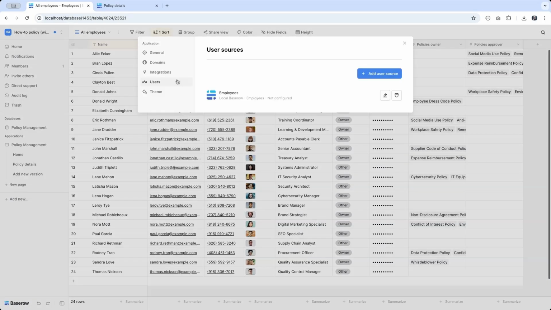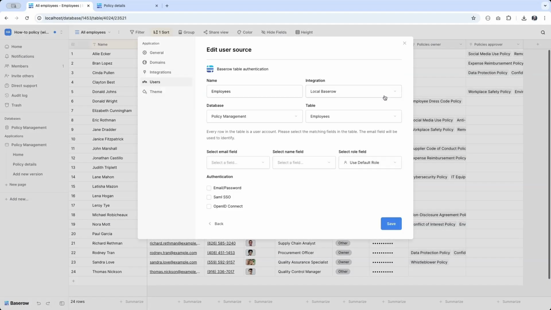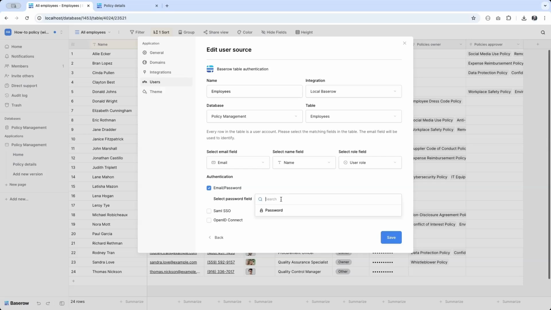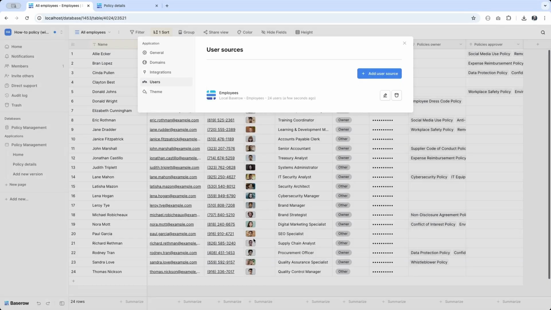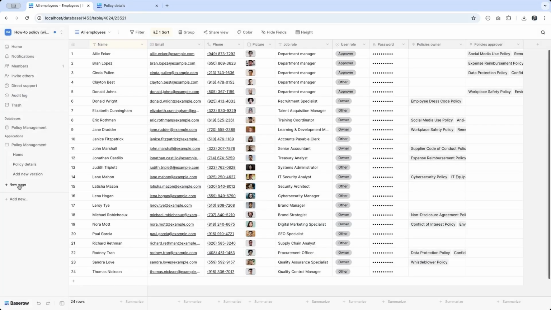Let's go back to my settings, to my users, and configure them. The email field is my email address. Name is my name field. And the role field is the user role. And I'm going to authenticate with the email password combination, and I select my password field. If you have a single sign-on or you use OpenID in your organization, it's also possible to use other forms of authentication. So now I have my user source configured, 24 users are found,